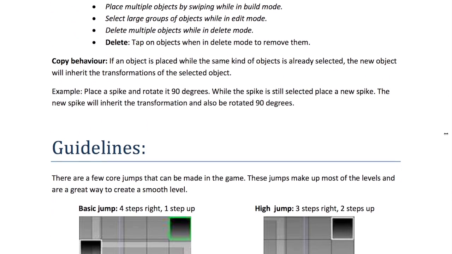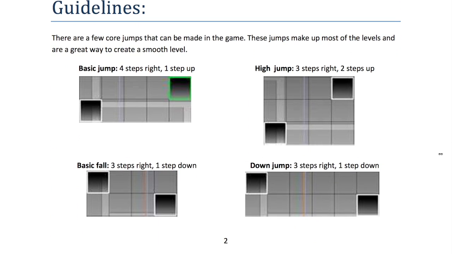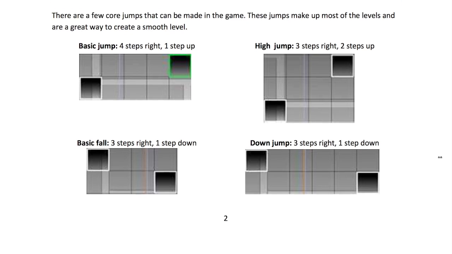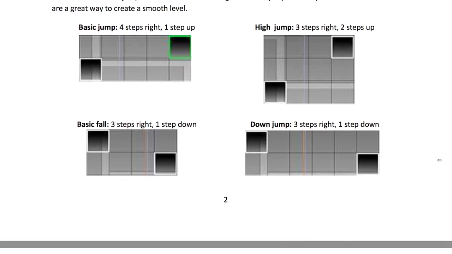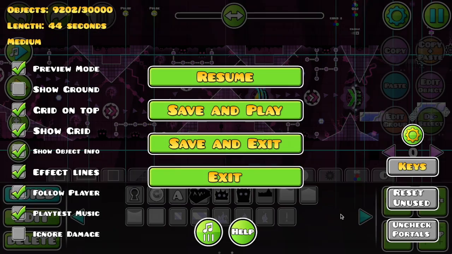They also have some guidelines on the bottom to show how far an icon can jump. So if it's a simple 1 block jump, it'll be 4 steps to the right. High jump, 3 steps right, 2 steps up. So different lengths for jumping and falling, and that definitely will help when you're building your levels. It's just some easy beginner tips that RobTop made himself a long time ago, but they still are helpful when